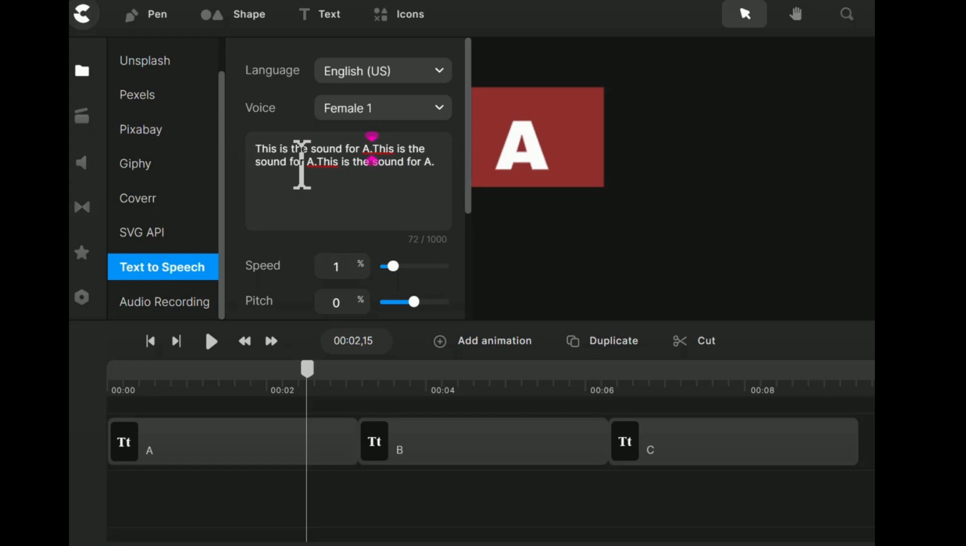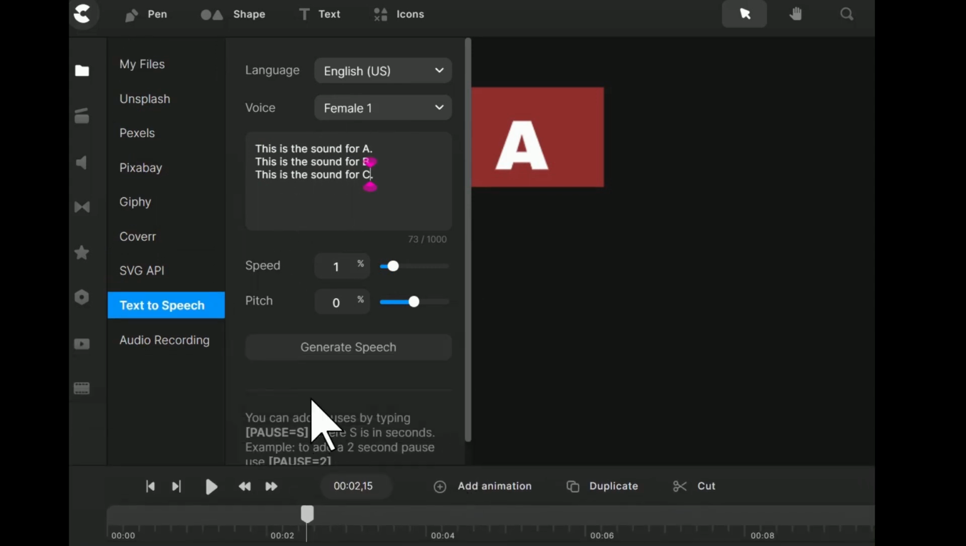Make sure you have a period, and then we want a new line. Period and a new line. Now all we have to do is move our timeline down a little bit, hit Generate Speech,